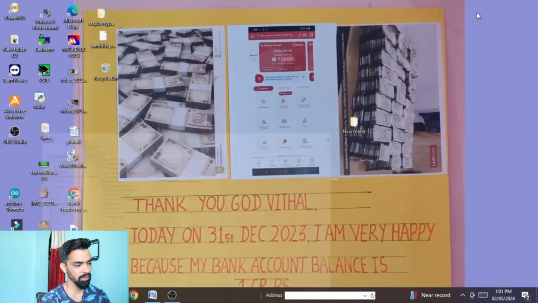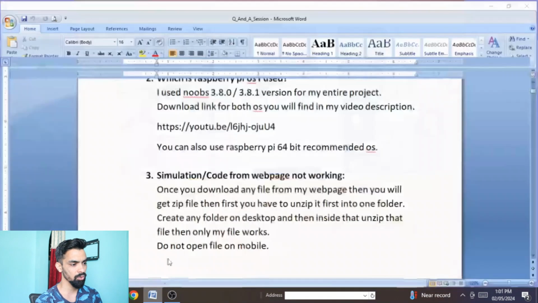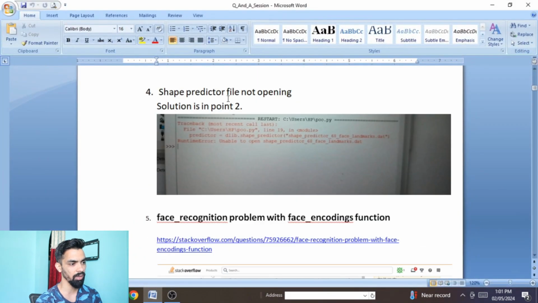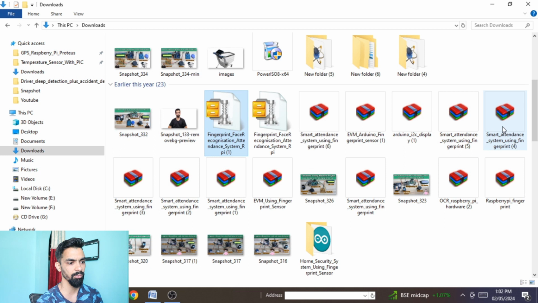This is the very basic step you should do. Because of skipping this step, most students face issues like the shape predictor file not opening. They are not extracting into a new folder for their project; they are extracting directly in the downloads folder. The shape predictor file is basically used, I think, in the drowsiness detection system project.